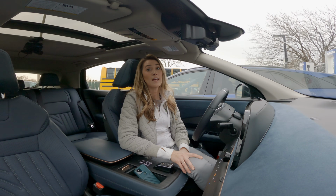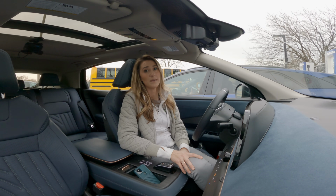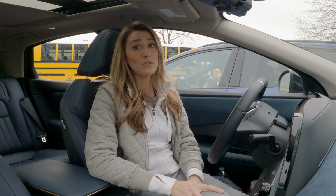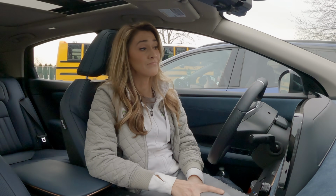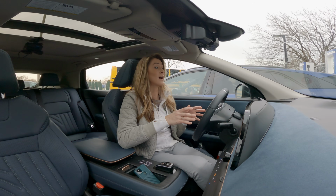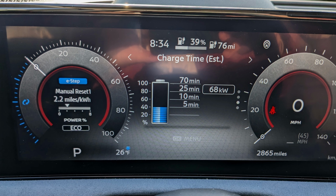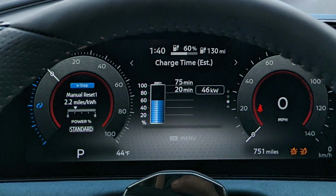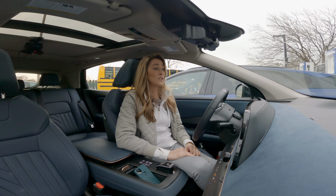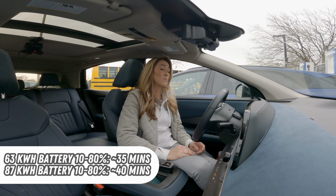Nissan advertises that when DC fast charging up to 80%, it could take as little as 40 minutes, with a peak rate of 130 kilowatts. In the wintertime, I've noticed that even when I turn on the battery heater 30 minutes to an hour ahead of time and have my battery cooling assistant on to get optimal charging temperatures in the battery, it still only peaks at about 90 kilowatts at very low states of charge, under 10%. So in the wintertime, you can expect that if it would usually take 40 minutes,